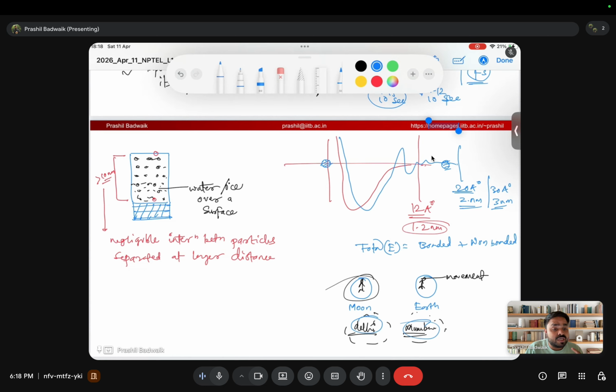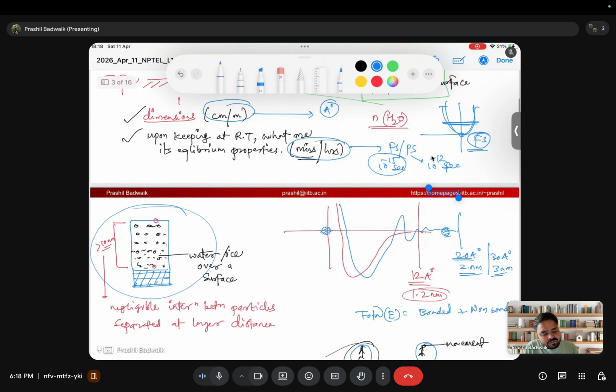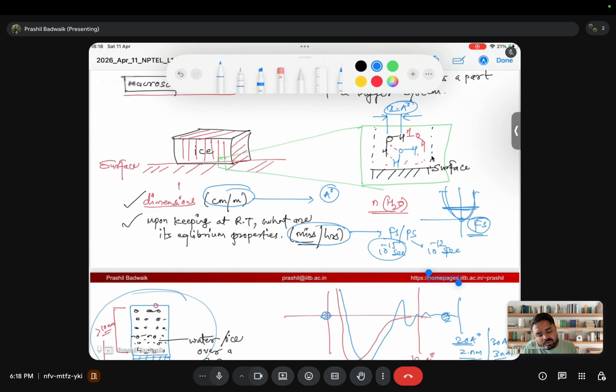So beyond a certain distance, the interaction energy decreases, right? And it is zero beyond a certain distance. That's what happens even if I consider this system. We have ice kept on a surface, and there is surrounding air, nitrogen could be there, or you can create a vacuum. That is, nothing is there. Not vacuum in the sense that there is nothing,